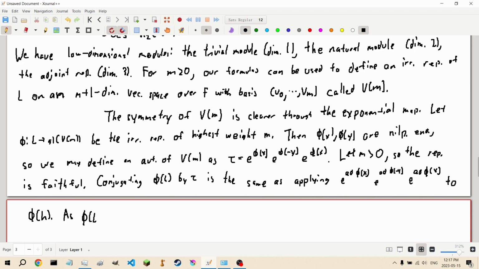Now, as phi of L is isomorphic to L, this can be calculated as tau phi of h tau inverse, giving us just negative phi of h,